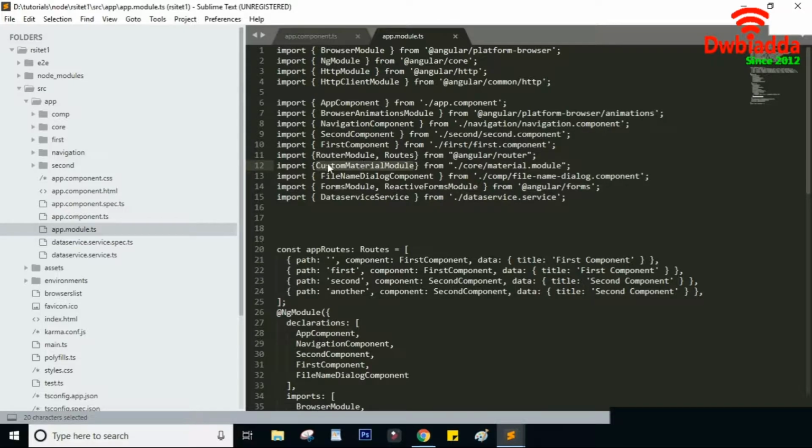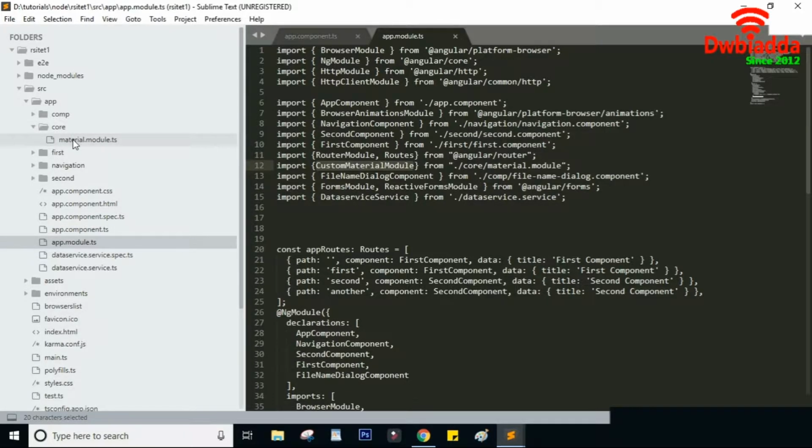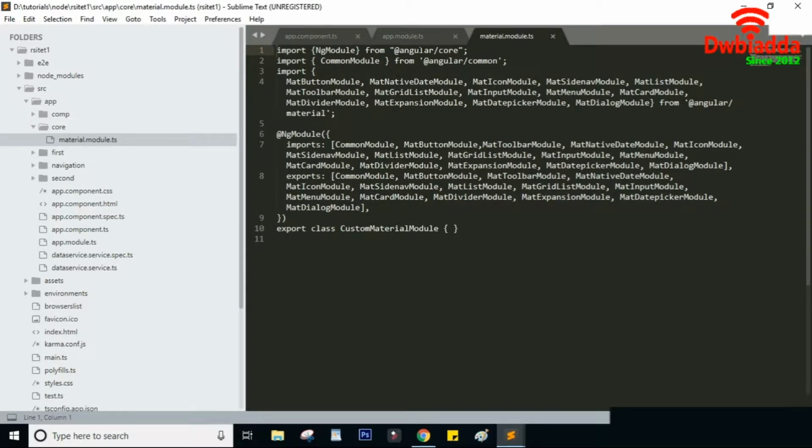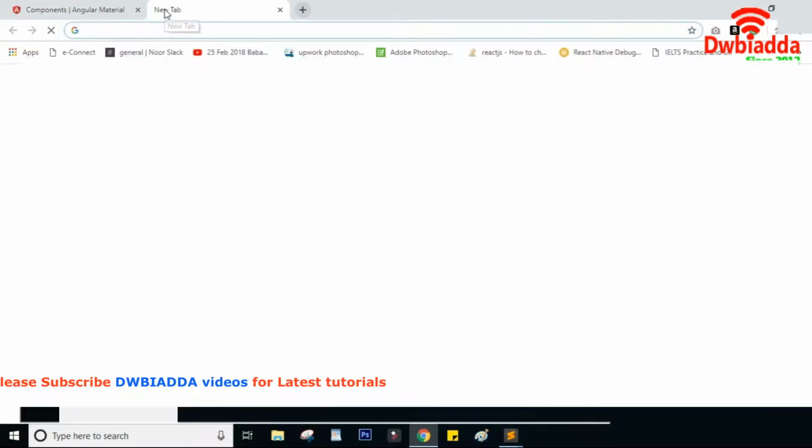Here, what I have done is I have created a code folder and there is a file material.module.ts. In this file, I have imported NgModule from Angular core and CommonModule from Angular common. After doing this, I have created an import statement from Angular Material. So if the @angular/material module is not installed, you need to write this command